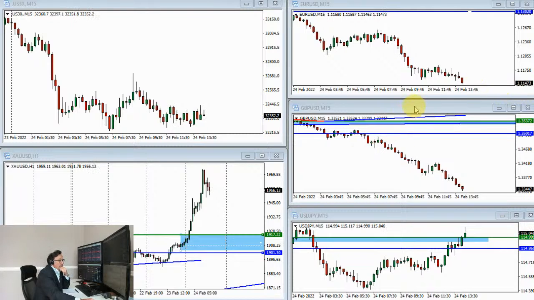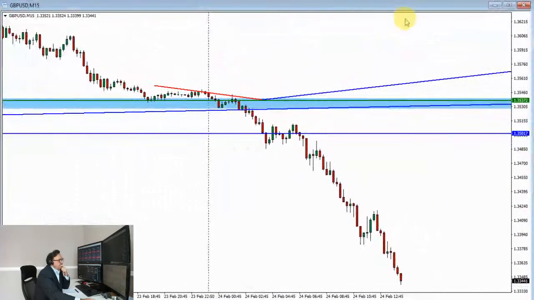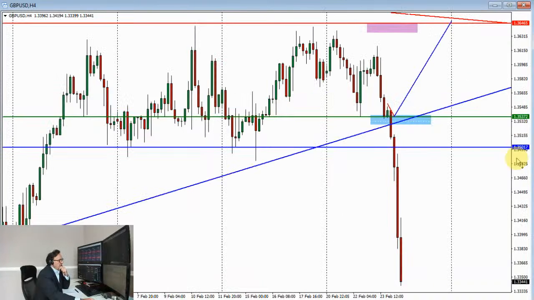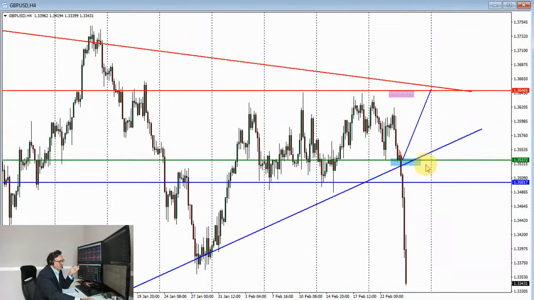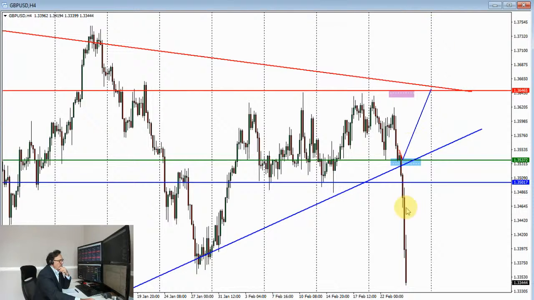Where am I now? Cable. This is what happened with cable, guys. If you remember, I was looking at this 135.40 level yesterday. I was looking for a pullback to that level. This was a setup from yesterday. We were up here and I was looking for a pullback and then a rally from there. The reason for that was we have this rising support trend line, also different things from a technical point of view. And I had my limit order.